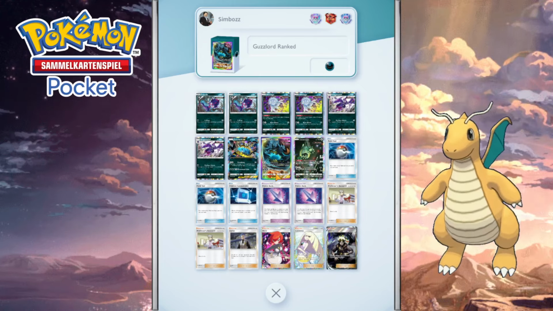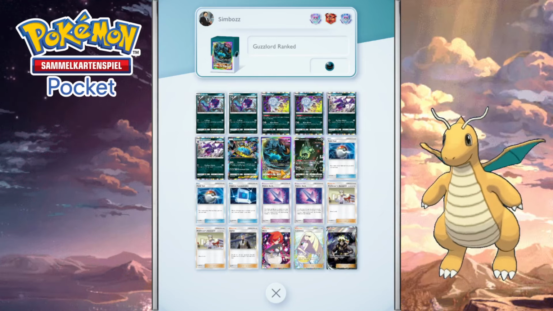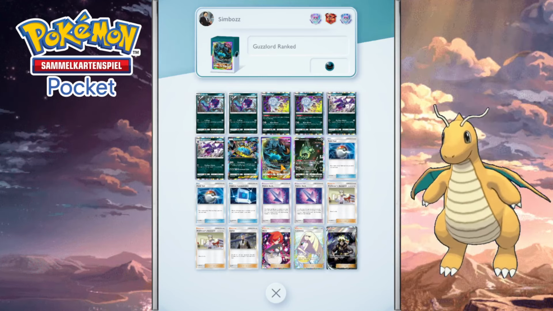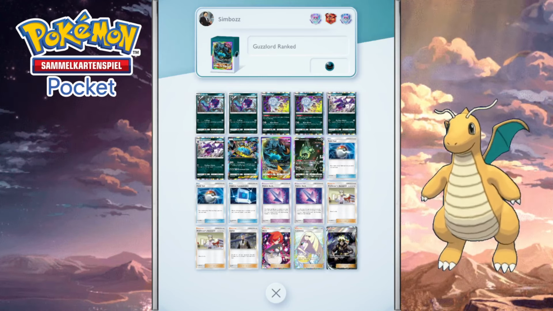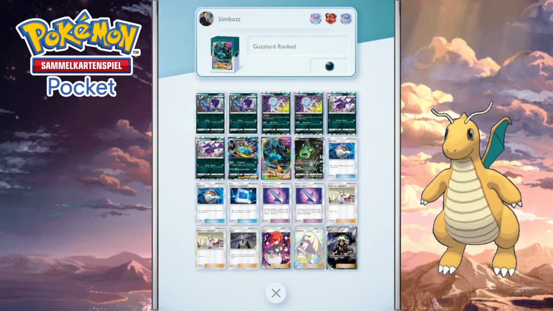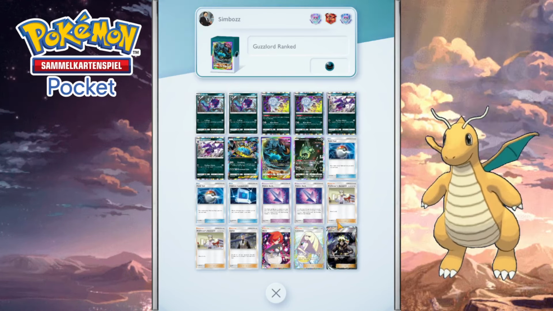Now, that was on Friday, right, when the season first started. That one was very difficult to deal with, those Silvally and Rampardos decks, because they were very fast in comparison to this relatively slow setup. Yes, we are going to do damage with Poison Barb, but a lot of players are actually starting to use